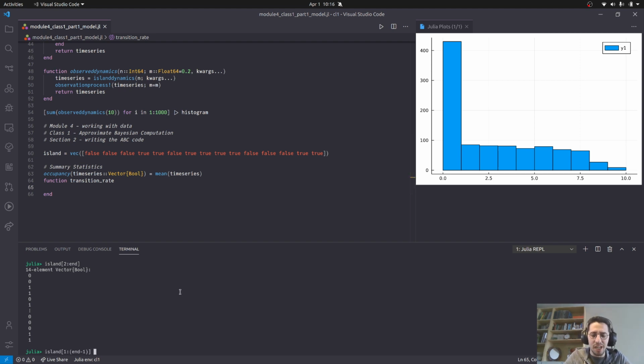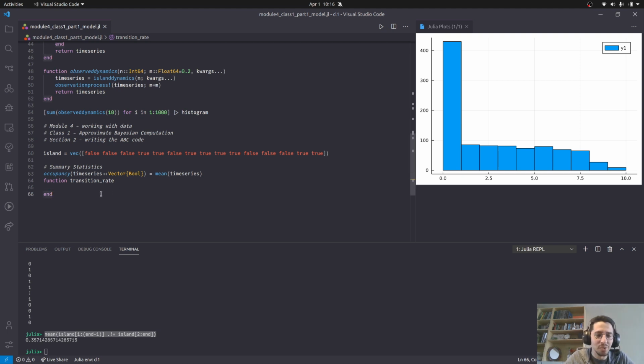And so we could do island at time t, is it equal to island at time t plus 1? That's going to give us 14 things. And if we want to have the rate of transition, we want to know when it's actually different, right? And so the average times where it's different is the mean. And so there's, on average, a 35% chance that the system is going to change state between one time